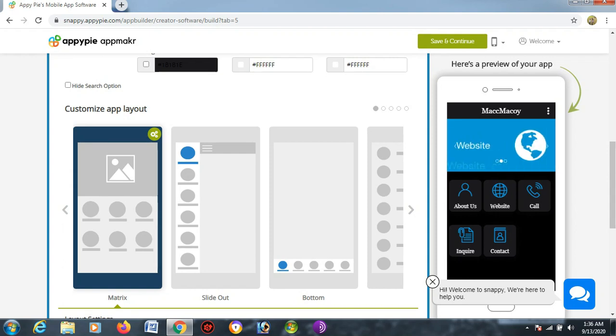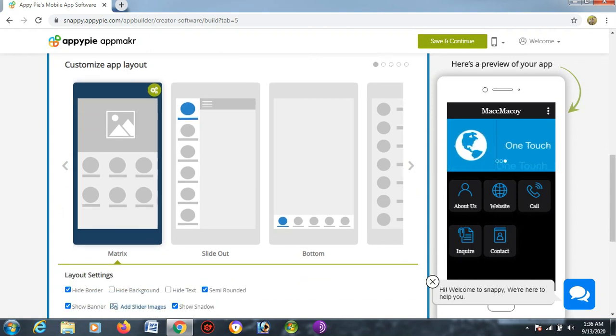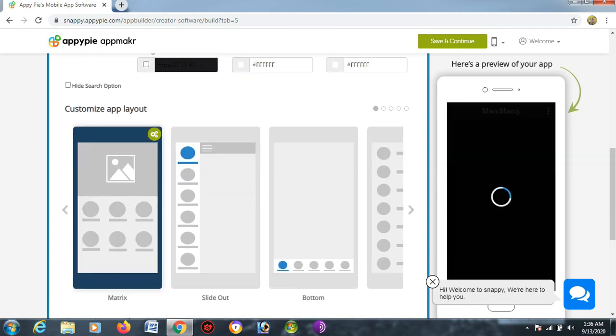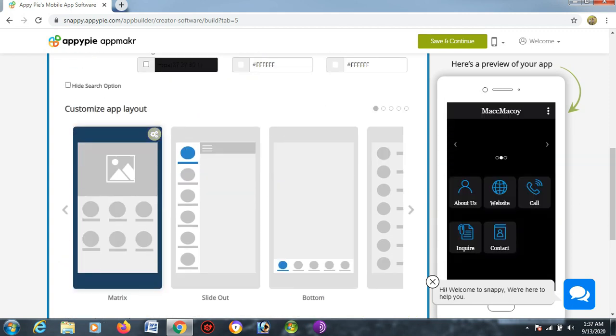Let's suppose you want your app to be in matrix form, you need to select this one. If you want your app to look in slide out form, then select this one. Or if you want the icons to be straightforward on the bottom, then select this one. So let's click upon this one, the default choice.